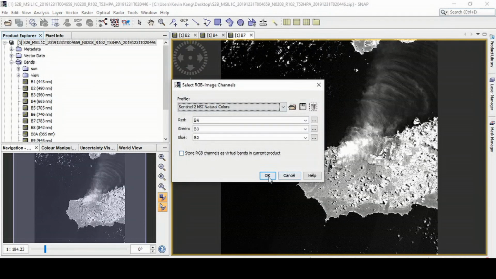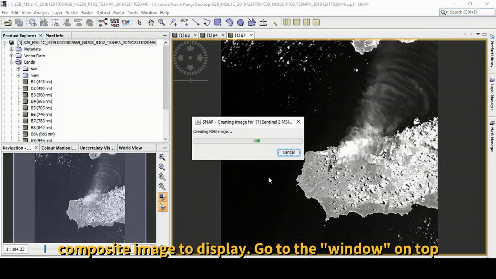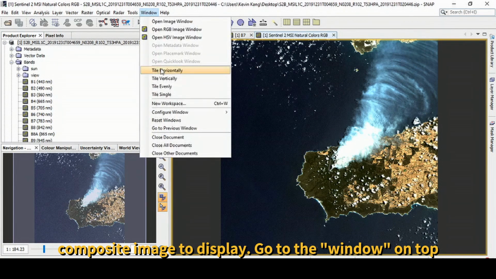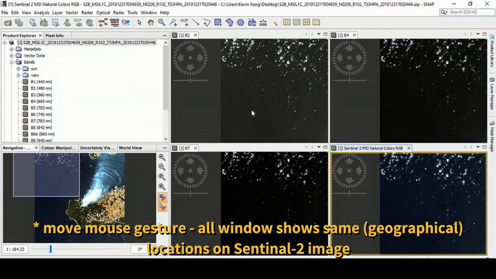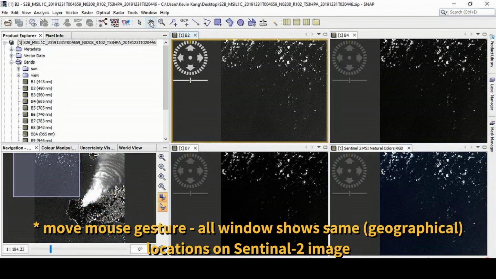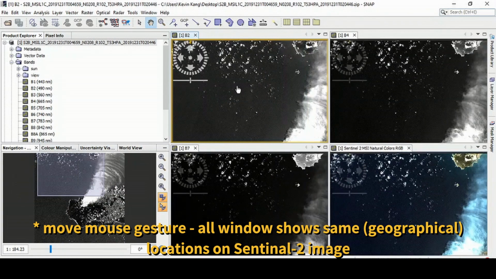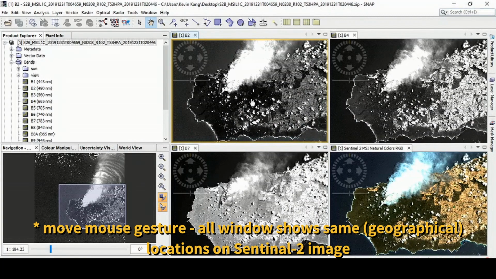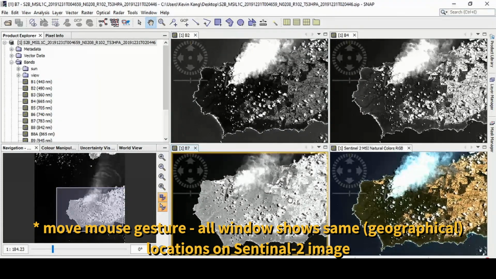So let's see, just choose the true color composite image for the display. So go to the window and tile evenly. So all four windows that were opened are now moved equally.